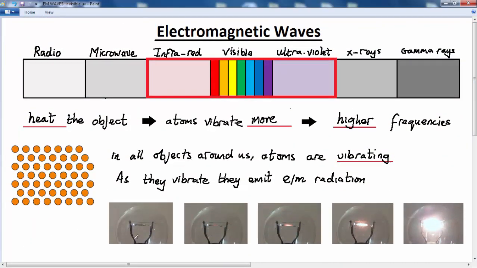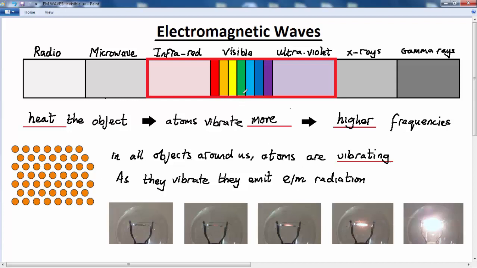Now, as I increase the current flowing through the filament, what happens is the filament gets hotter, the atoms vibrate more, and they start to emit higher frequencies. So here it's emitting what we call infrared or thermal, which is invisible to our eye, but here it's beginning to emit red light. So the filament's beginning to glow red and then orange here, and it's getting a bit hotter. We've got a bigger current here and it's emitting red, orange and starting to emit a lot of yellow,